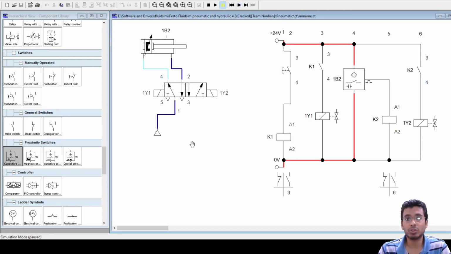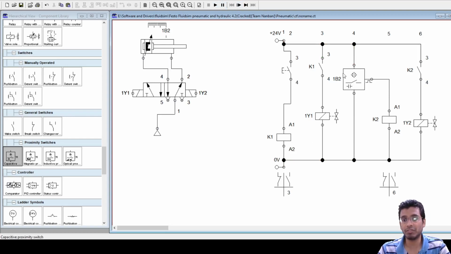So you saw how we tried to do the same thing using a roller valve, your limit switch, and how we tried to do it using your proximity sensors. Okay. Fine. Any issue here? Anyone who did not understand this?